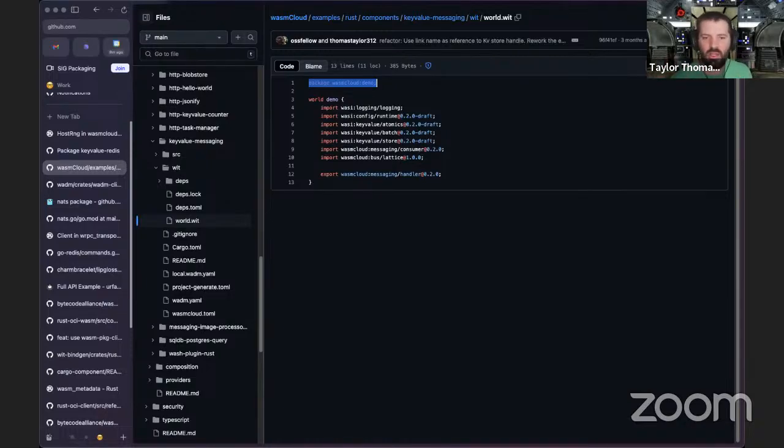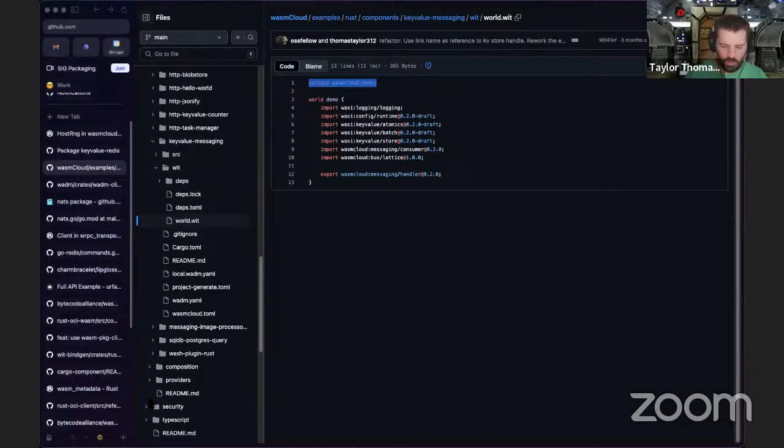Ritesh asked a question about when WIT is an OCI artifact, how I extract the actual WIT from this OCI artifact and view it as a file. That is actually going to be built in. So you can already do that with, I might even do it with the Wasm package kit. Let me check before I,